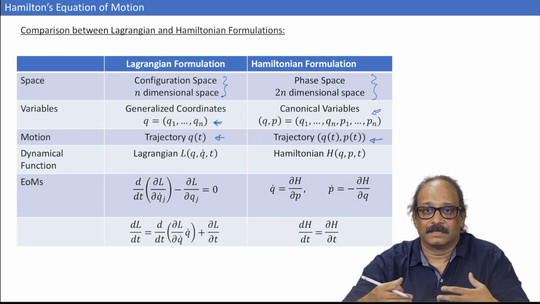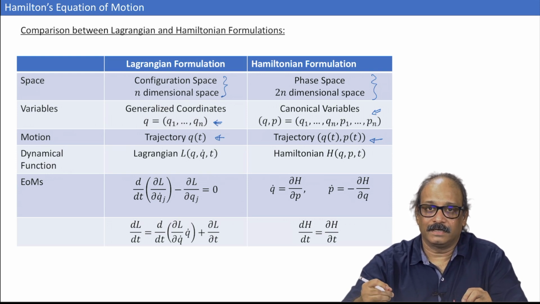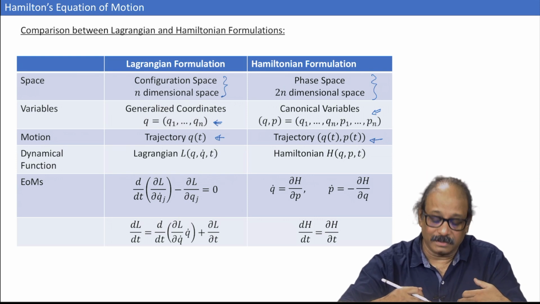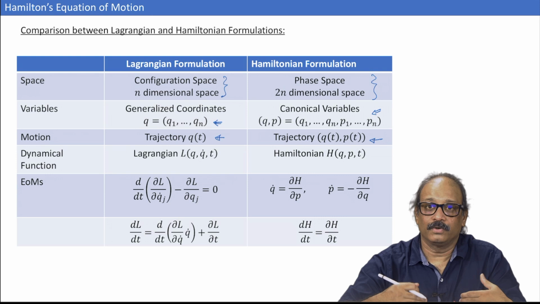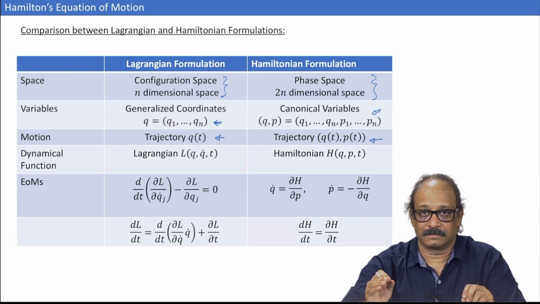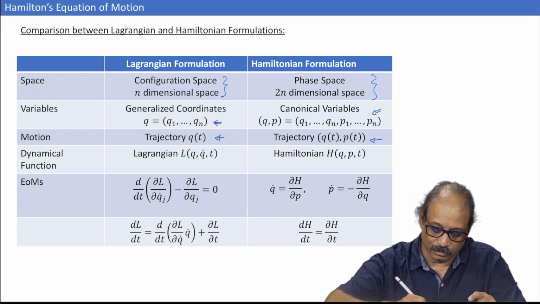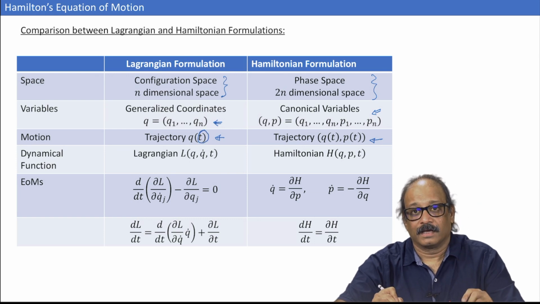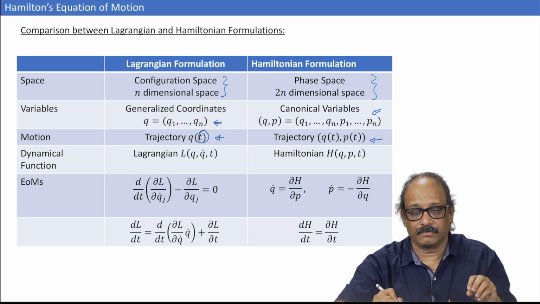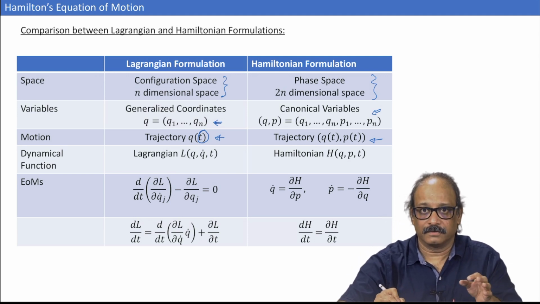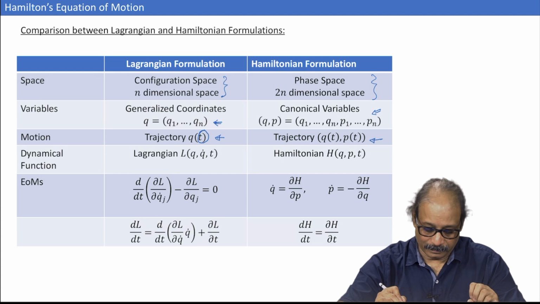You see, a trajectory uniquely describes a motion, whereas in case of the Lagrangian formulation or in configuration space, two different motions could have the same curve in the configuration space. Remember, the trajectory also means the dependence on time t, and when I just say curve in configuration space, I am giving an equation of the curve in terms of the coordinates alone.